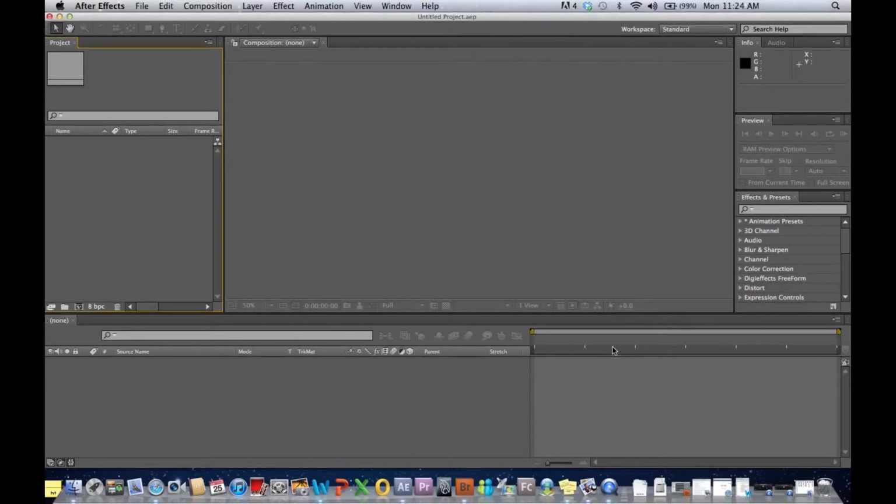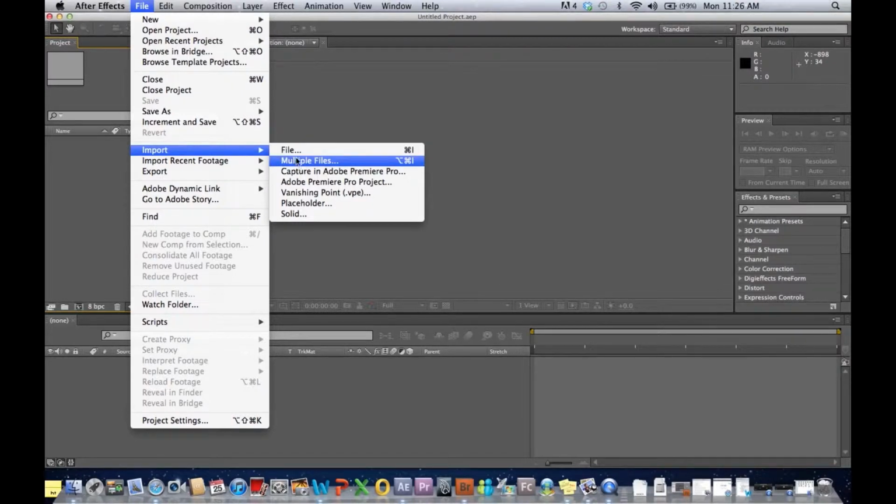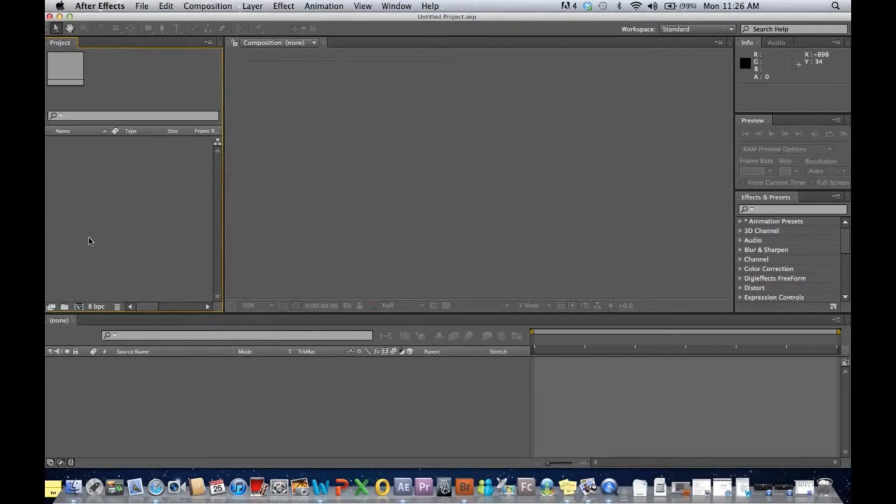Okay, this is what your screen probably looks like unless you change your workspace. I'm going to go over the window and changing workspaces in my next tutorial. Okay, so this is the file menu. This is where you can open new projects, import footage, save, run scripts, that kind of stuff, or exports. To import footage, you can either click File, Import, and click File, multiple files, that stuff, or you can just click anywhere and type Command-I,